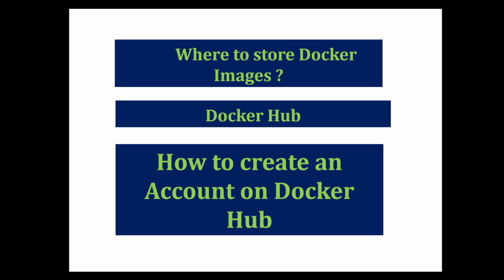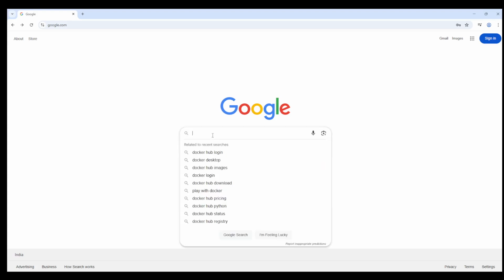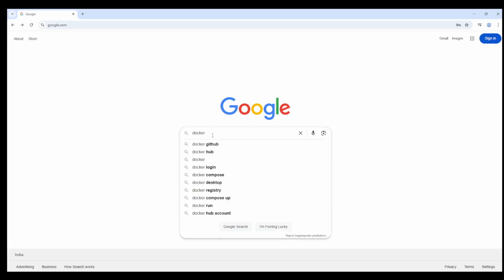To access the Docker Hub, we need to create an account on the Docker Hub, and we can see how we can create the Docker Hub account next. Now let us create our Docker Hub account. For that we can type Docker Hub,